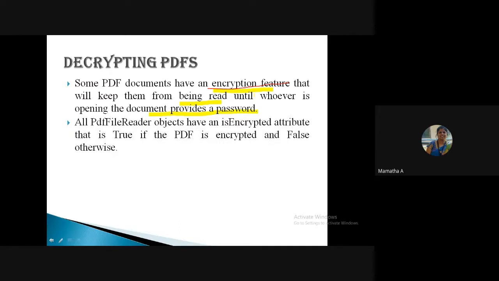What you should do first, before reading the PDF, is check whether the PDF is encrypted with a password. How do you check? You have to use the associated PDF file reader object and make use of the attribute called is encrypted. I told you one attribute in the previous class with respect to the PDF file reader object.